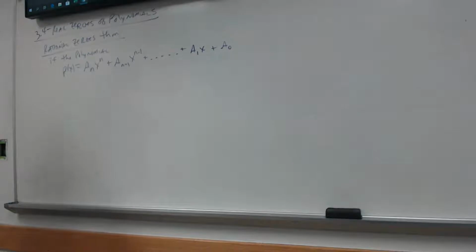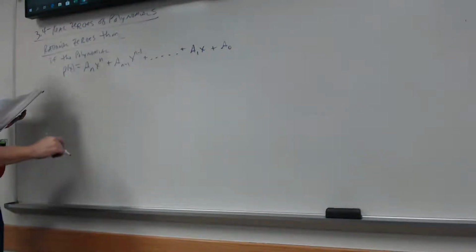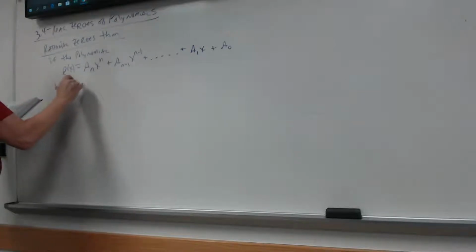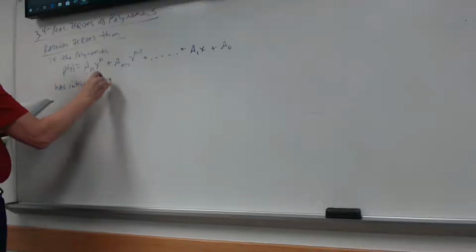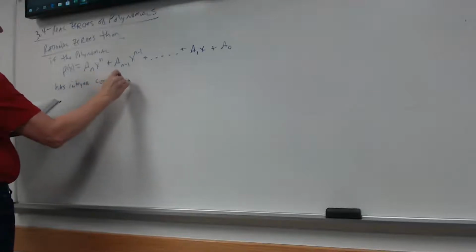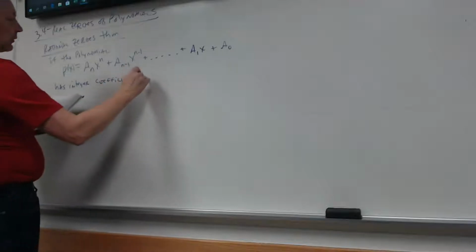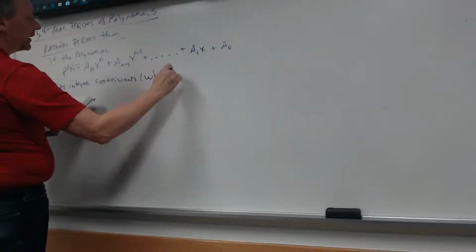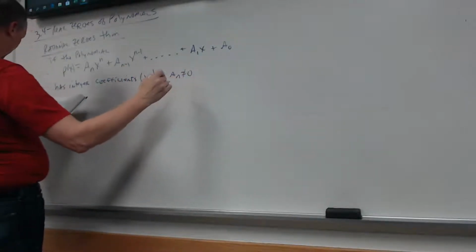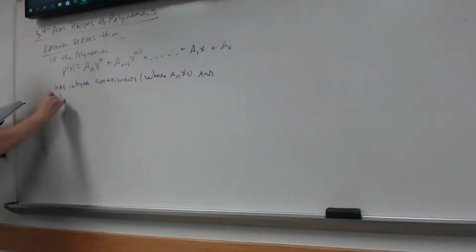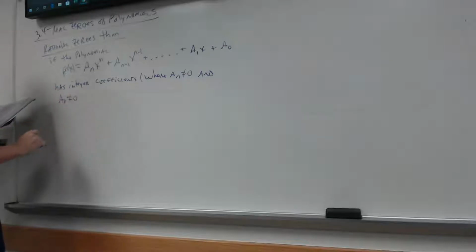Okay, so we've got a polynomial function of that form, and it has integer coefficients, where a sub n does not equal 0 and a sub 0 does not equal 0,